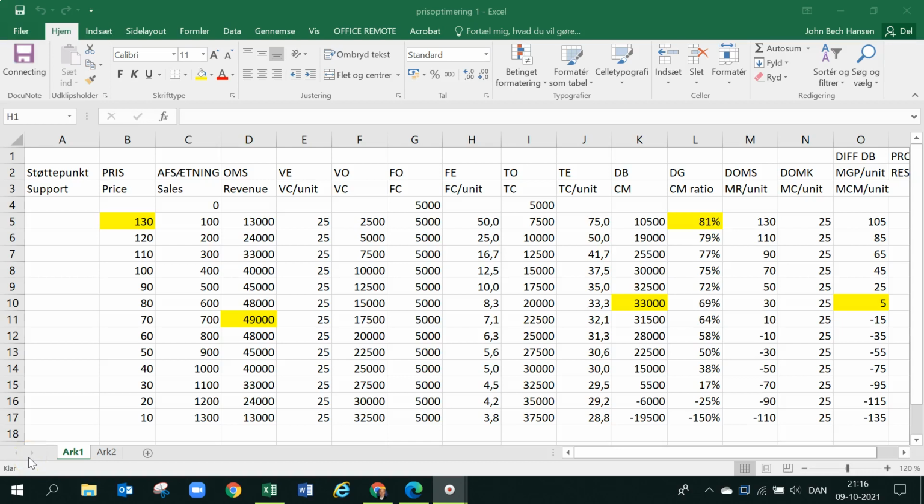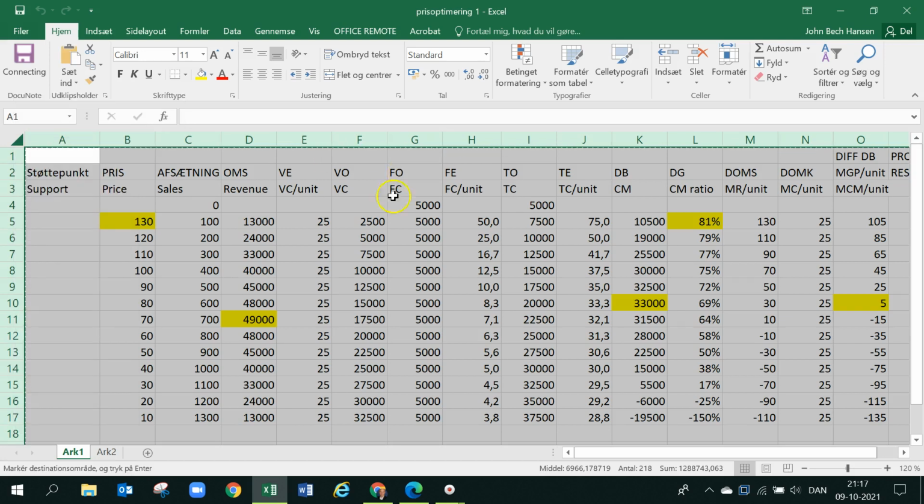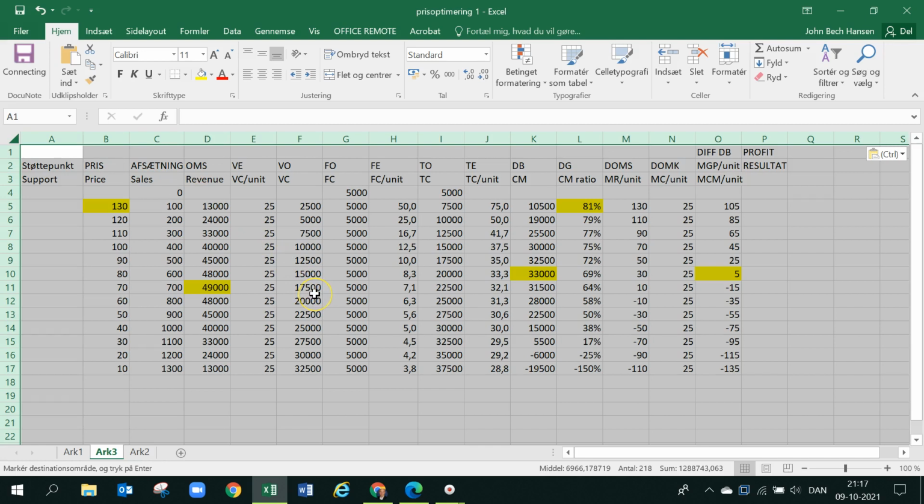Okay, when we have made this price optimization in the table, we can go into a graphic or diagram solution to illustrate how it looks in a diagram. We can copy this one here to a new sheet. And if I go to a unit diagram where we are showing the values per unit,